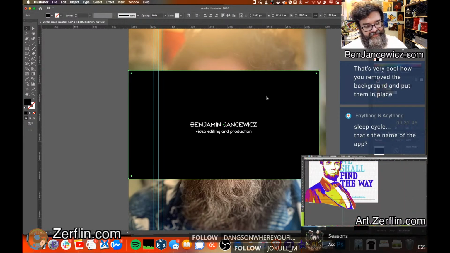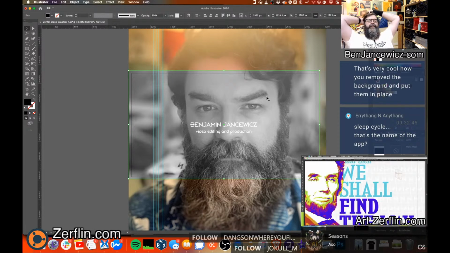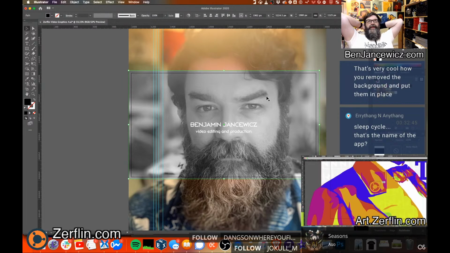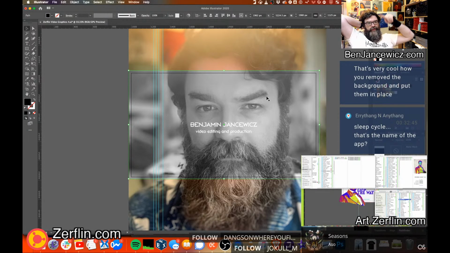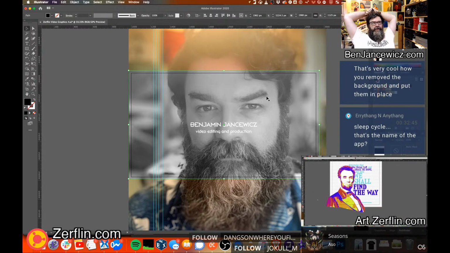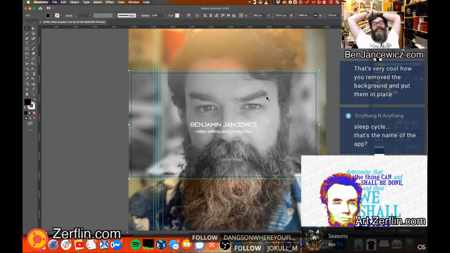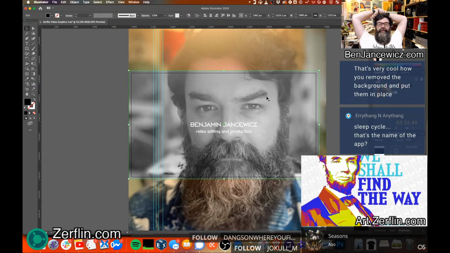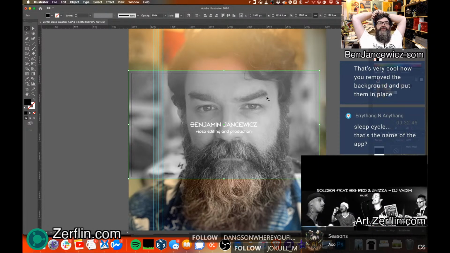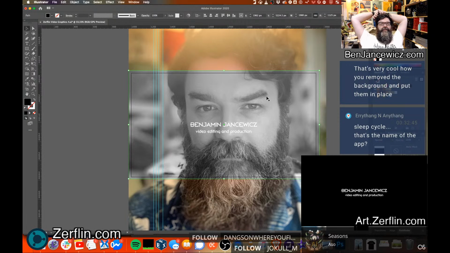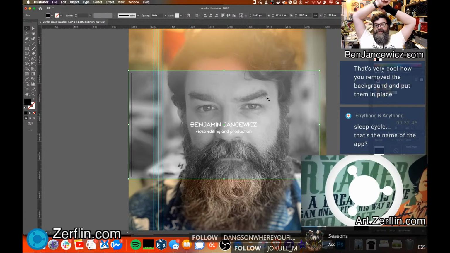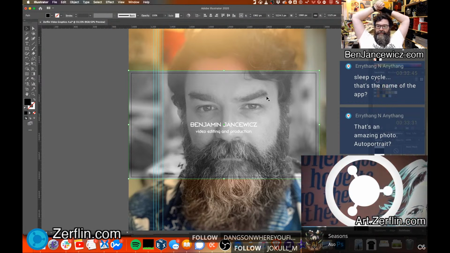Yep, Sleep Cycle is the name of the app, and it's a great app, and it also allows you to experiment, because before you go to sleep, you check off the different things that you've done. And you can add custom ones. So, for example, on mine, I have whether I took a shower or not before I went to bed, whether I drank coffee or tea before I went to bed, whether I was watching TV before I went to bed. And as you use it over time, even if you don't set an alarm for yourself,